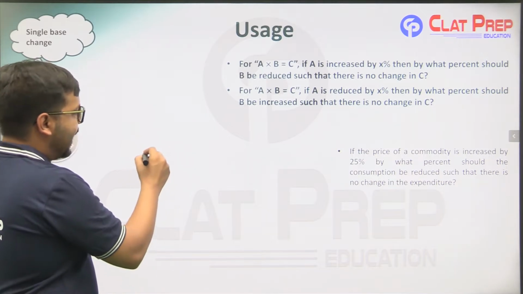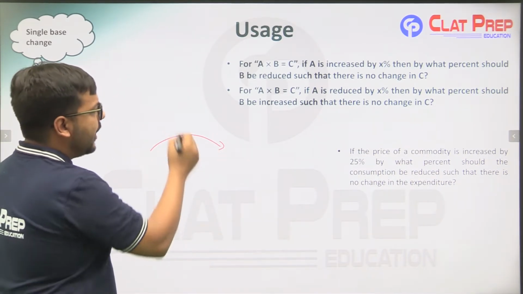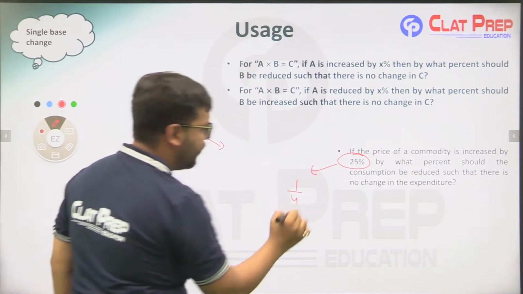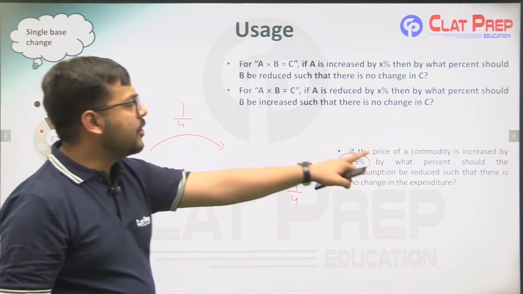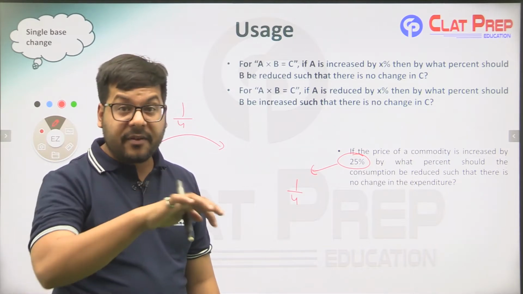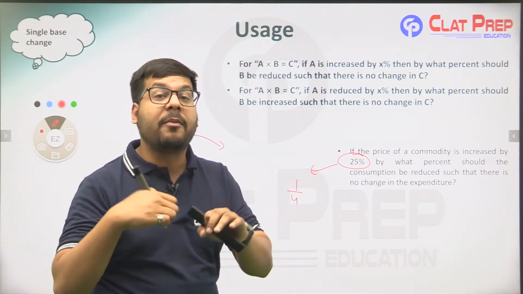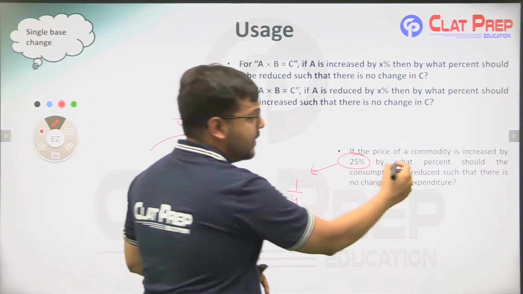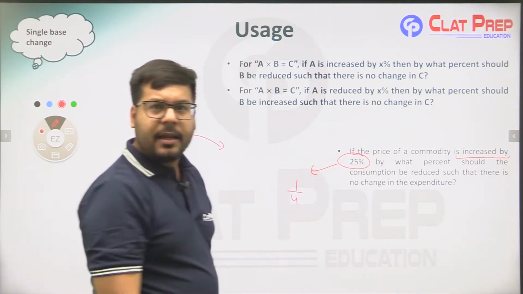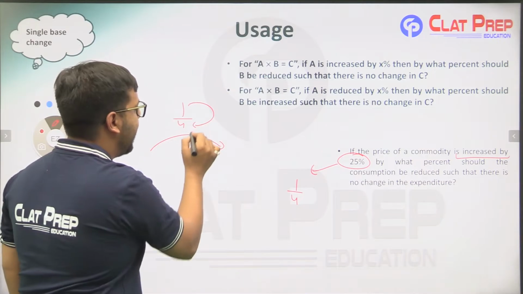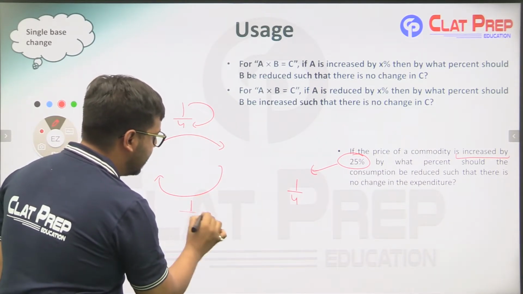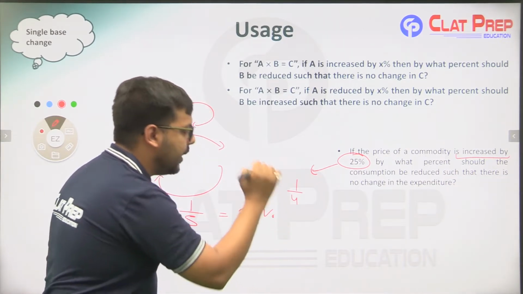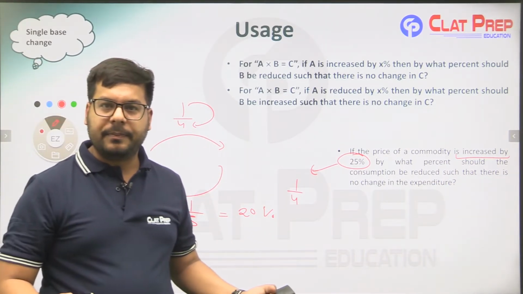What I will do, I can see that the price of commodity has increased by 1/4, 25%. What is 25%? It is 1/4. By what percent should the consumption be reduced? Now, what we have to find, whether we have to add the numerator to the denominator or we have to subtract it from the denominator, right? So, I can see it is said that it is increased by. If it is increased by, I'll add it back to the denominator and I'll say that the consumption must be reduced by 1/5, which is nothing but 20%. How easy this is, right?